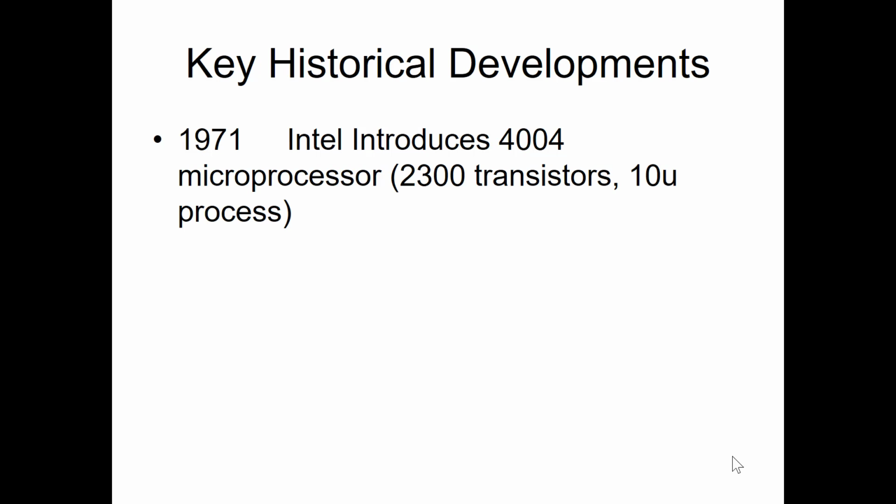What's the factor difference in area? 1,000 squared, which is 1,000,000. So transistors today take up about 1/1,000,000th of the area the transistors took in 1971 when Intel introduced the 4004. At that time, they had 2,300 transistors. If you scale that by 1,000,000, what does that come out to be? About 2 billion. So we've scaled more than the area ratio since that time.